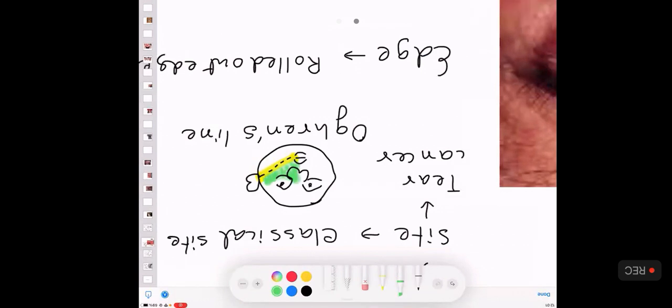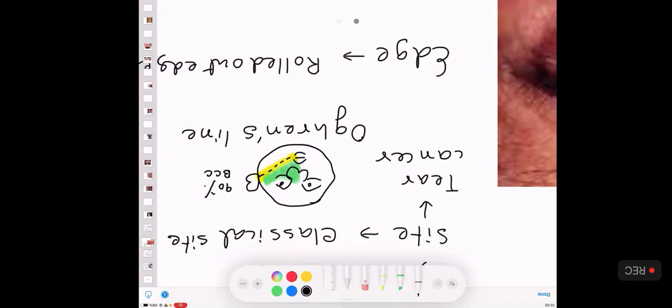Okay, sir. Thank you, sir. So this is the area, sir. This is a simple picture to make in an exam. This is called Ogren's line. And as you have very rightly asked, sir, 90% of all basal cell cancers, will be coming to that again, are above the line.